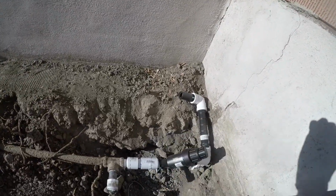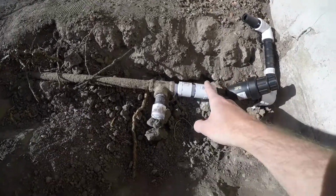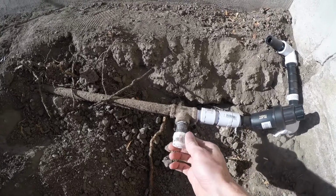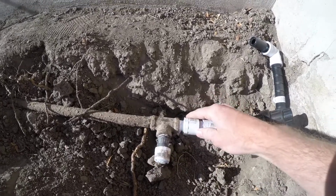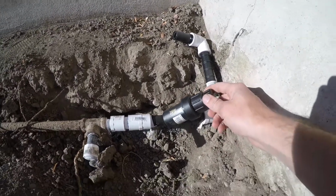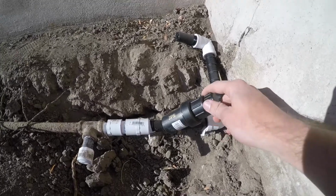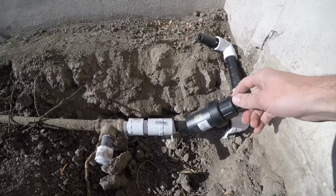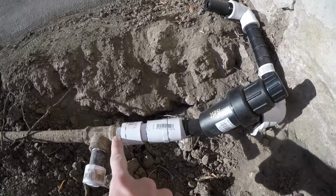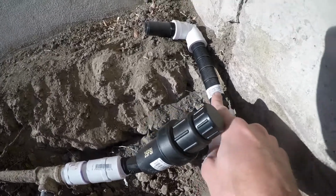Okay, so this is one I've been working on. That was a sprinkler here, and I've capped this off with some PVC, and now I've converted it. This is a pressure regulator and also a filter, which is important for drip so it doesn't get clogged, and then your drip doesn't actually drip water. So we're converting it to PVC, going to the pressure regulator and filter, and then we're coming out, and then